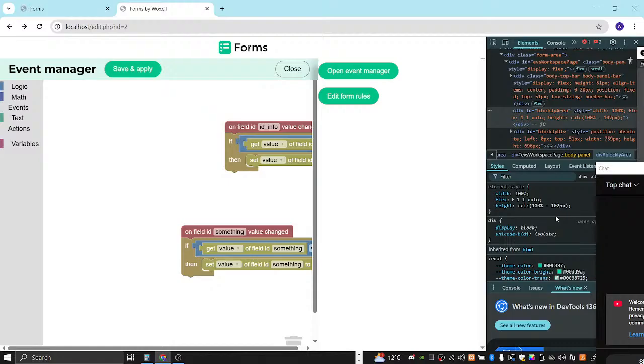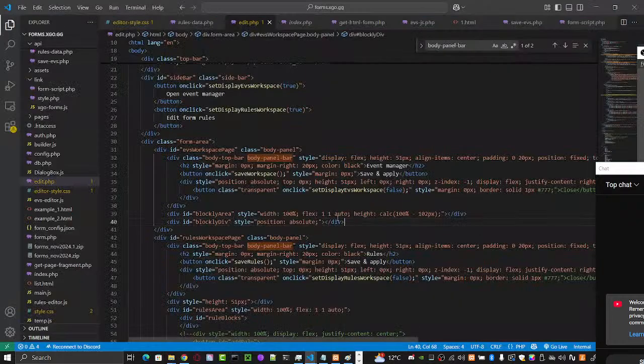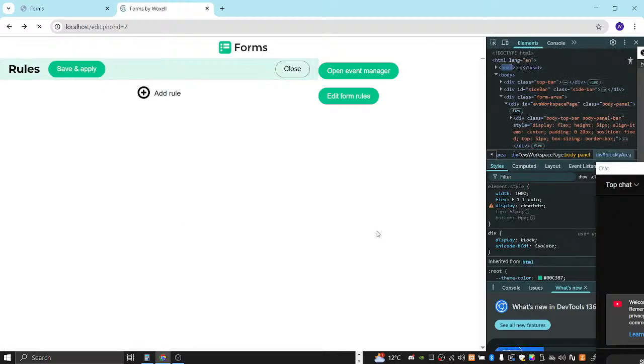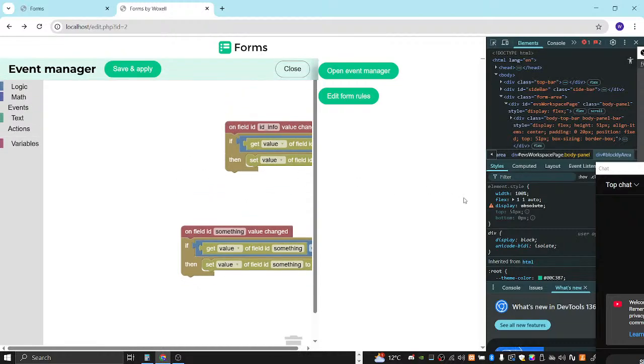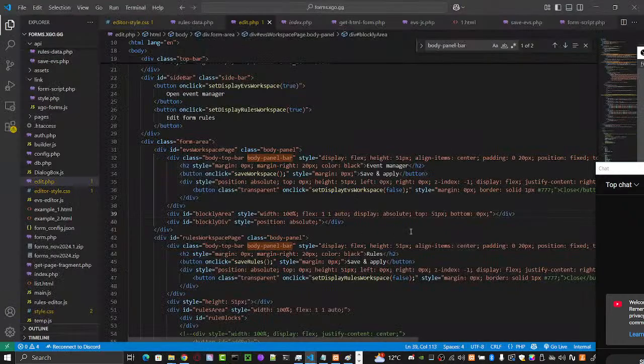Can we set the display to absolute? Let's try with this approach. So we set display to absolute. Then we set the top to 51 pixel and bottom to 0 pixel. Let's see what happens. We still get the exact same result because